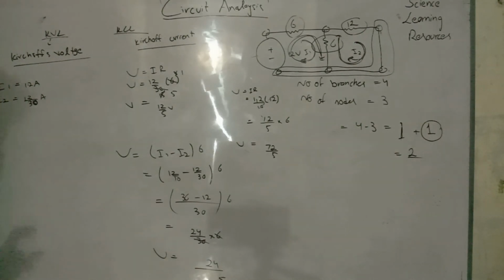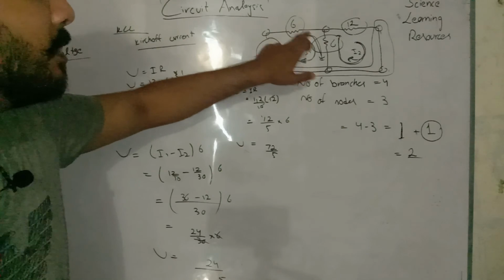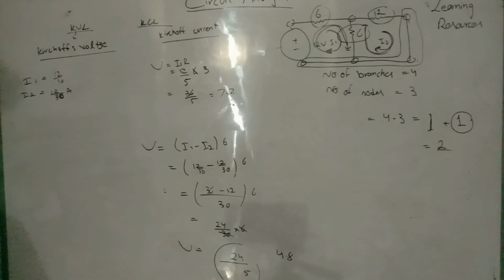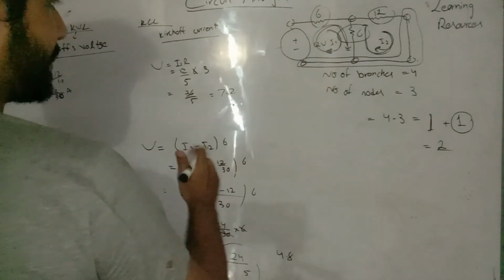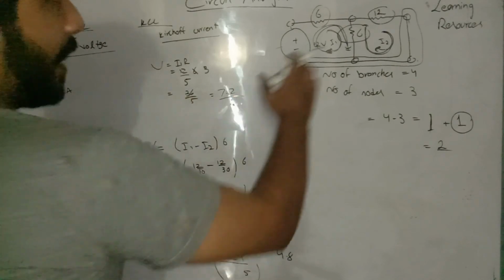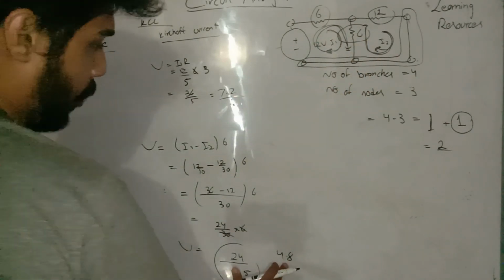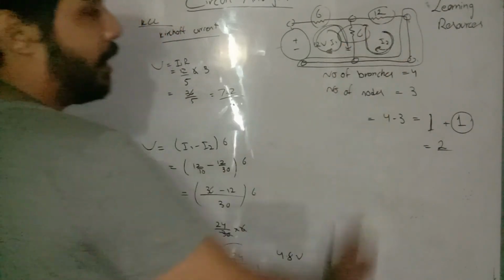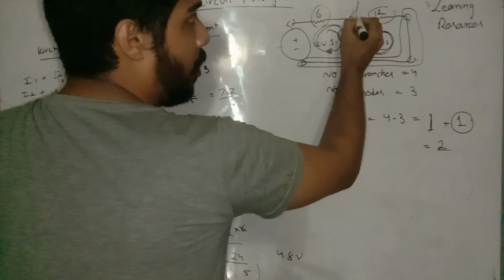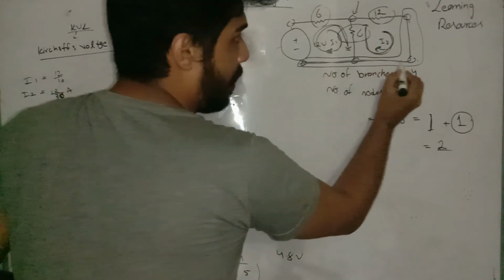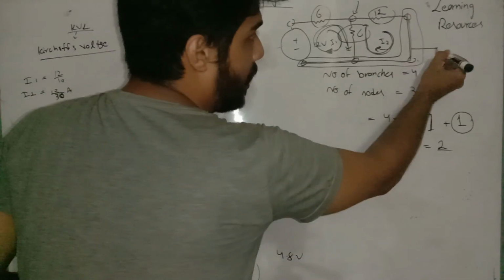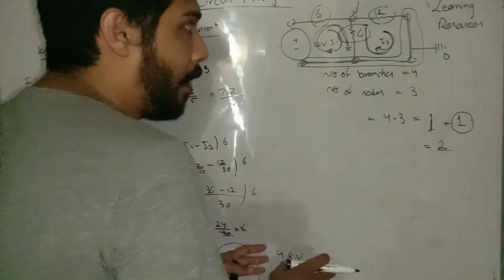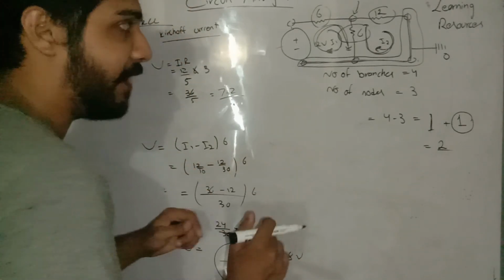So in order to satisfy Ohm's law, we have to calculate all the voltage values here, and it will total 12 volts. Now I have calculated the voltage at this level, which was 7.2, 36 over 5, and after that the voltage at this point, which is 4.8 volts. I will not be calculating the voltage at this point because it's only filling the voltage of this, and here it is a common node and we have to ground it. So the grounded voltage is 0. So I'm grounding this because we need a reference.